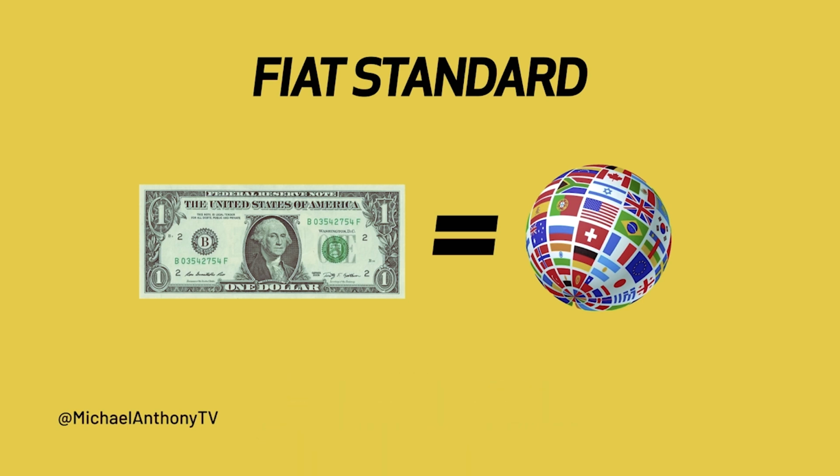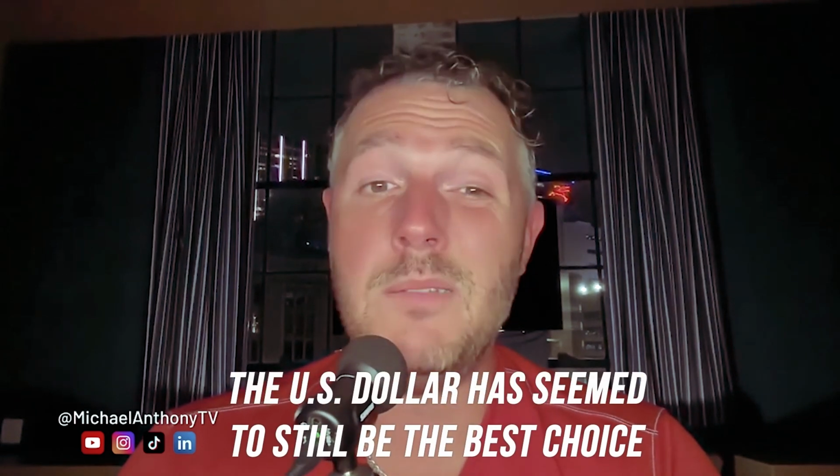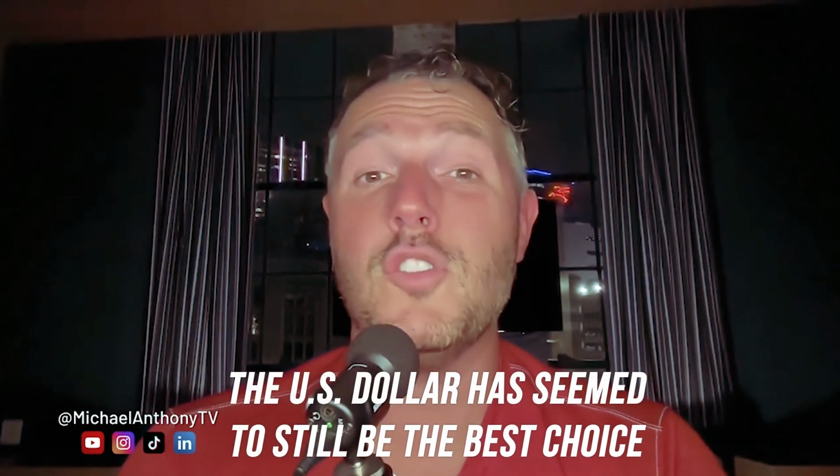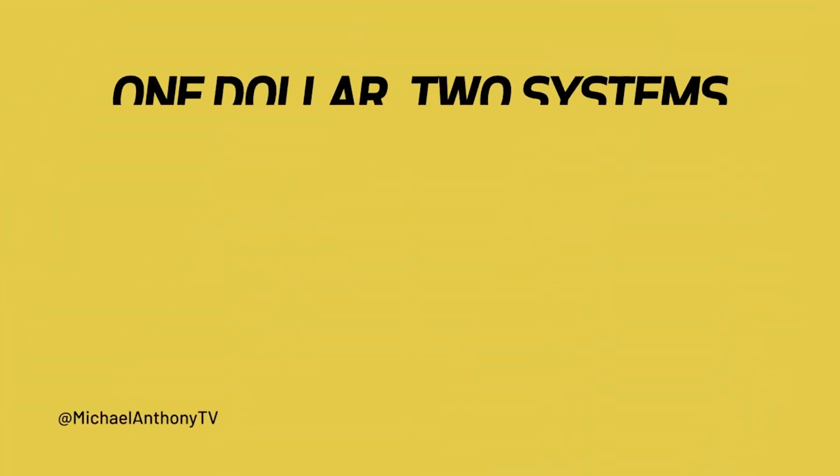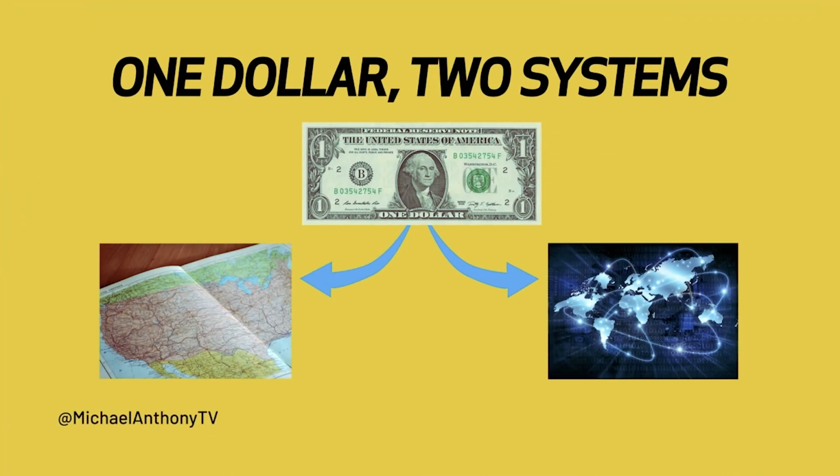The might of the United States' military and the strength of the economy is what countries' currencies now stand for. So in an imperfect and broken system, the US dollar has seemed to still be the best choice in an unideal situation. Because so many nations held so many US dollars,